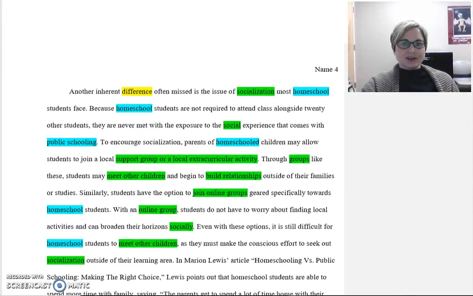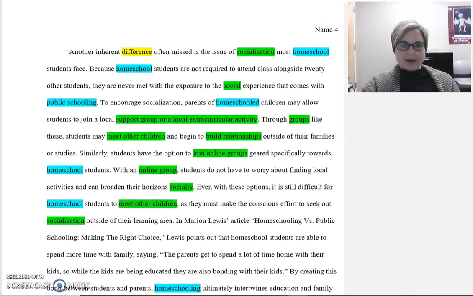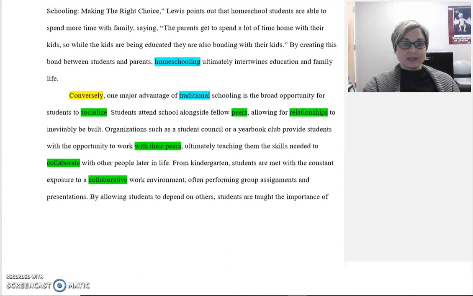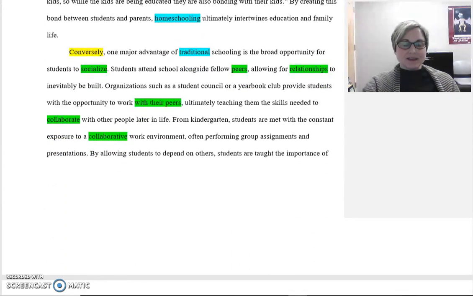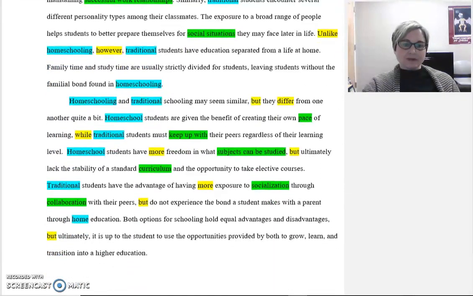The thesis statement mentioned socialization as the next point. So this topic sentence says socialization and then uses words related to socialization throughout, like meeting other children, groups, building relationships, online groups, socially, and same thing in the next body paragraph, which is about traditional school and socialization. So we have more words related to that for unity, like peers, relationships, collaborate, all the way through to the